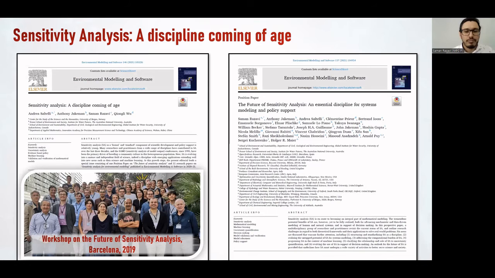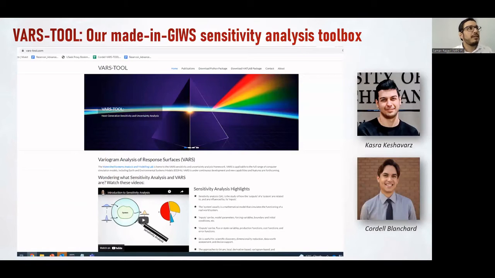And on this sensitivity analysis, some of you might already know that we've been working in the past 7 years or so on our in-house sensitivity and uncertainty analysis toolbox based on variogram analysis of response surfaces, or VARS. And there has been in particular significant progress in the last year. What you're looking at is the VARS-TOOL.com